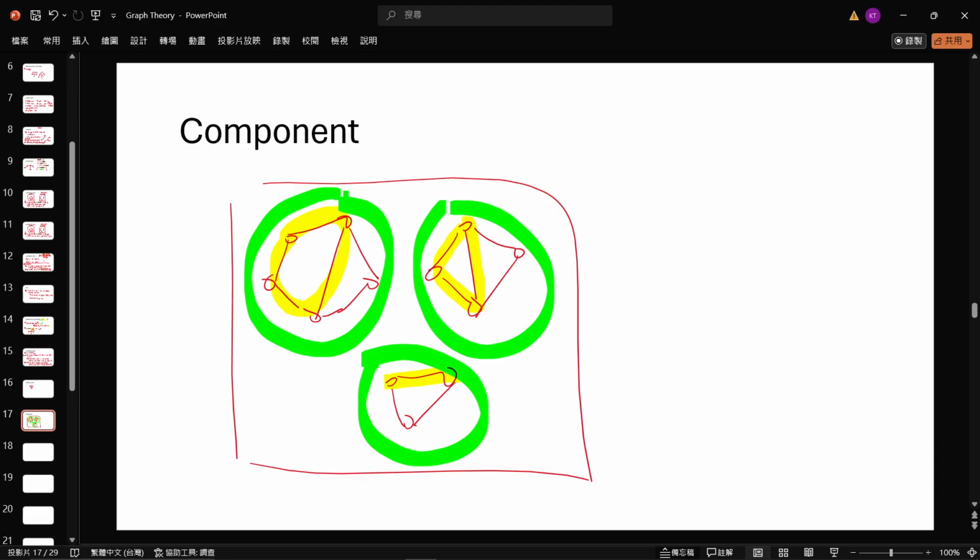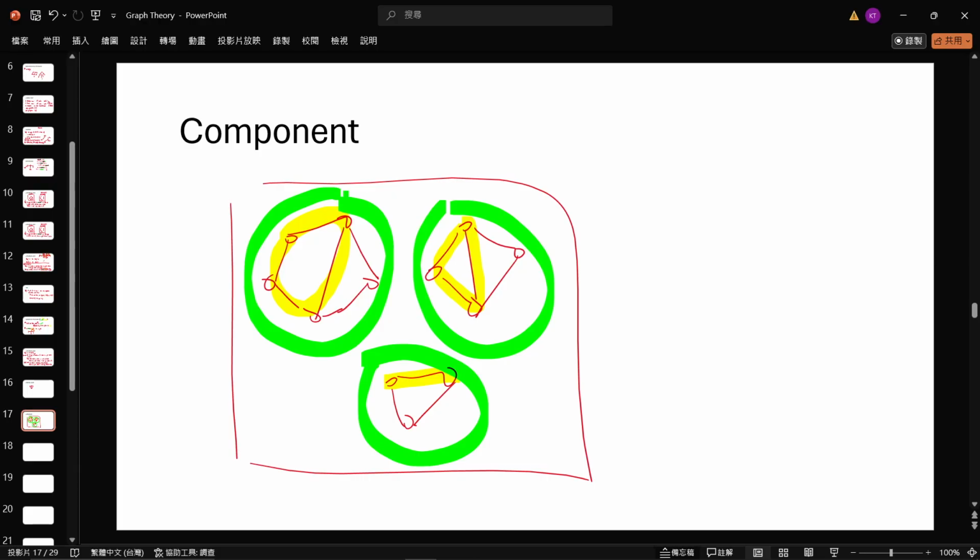That vertex again? Oh, 你的意思是说，我如果绿色这边选起来，我这边再选的时候，不能再选到这边，是这个意思吗？